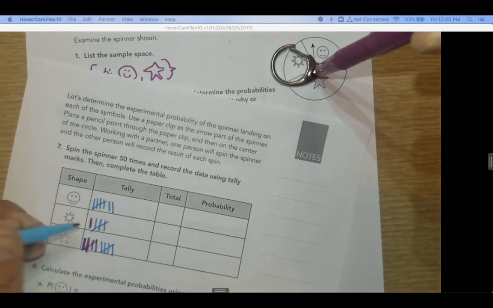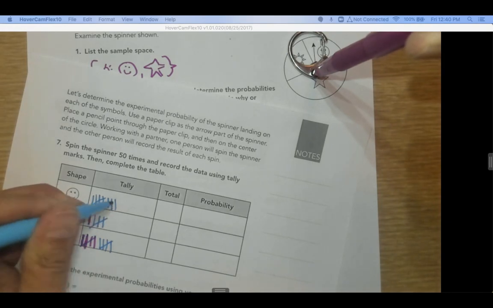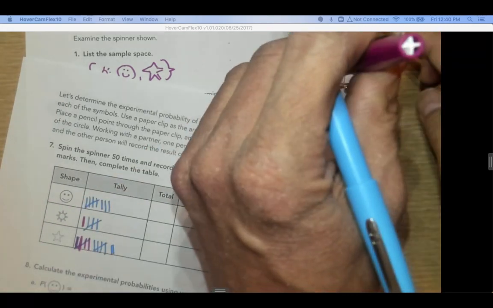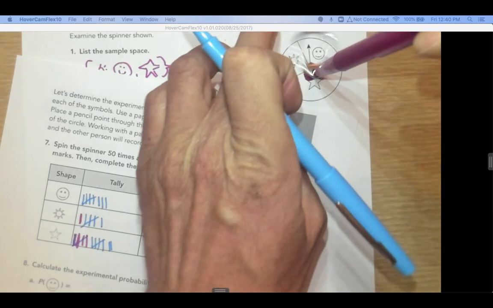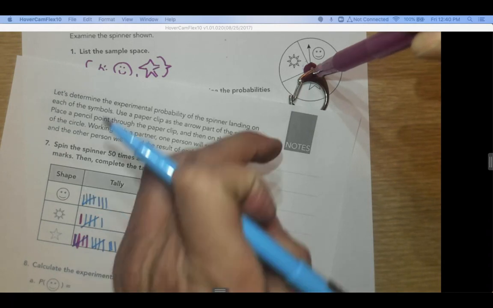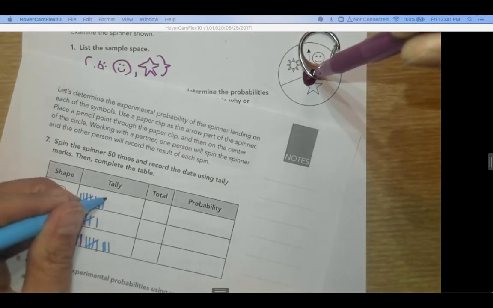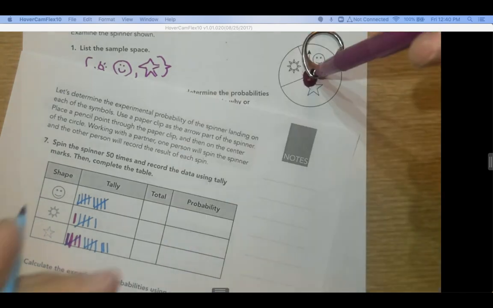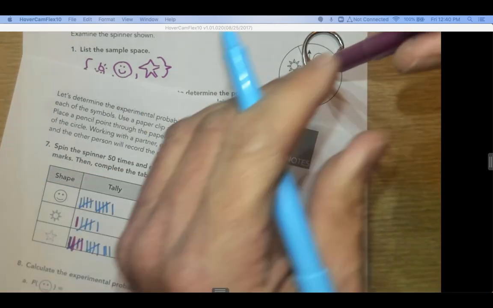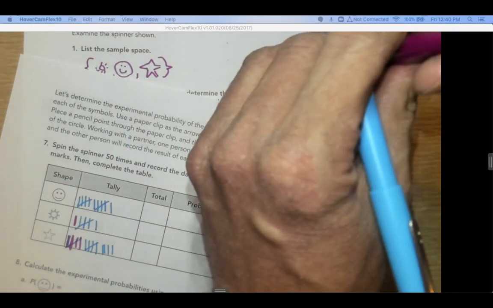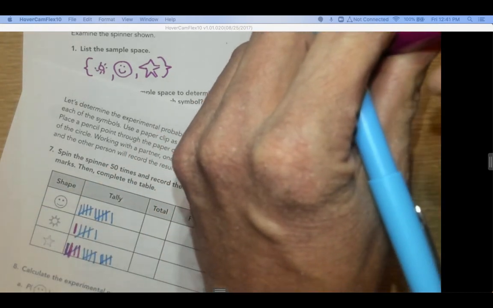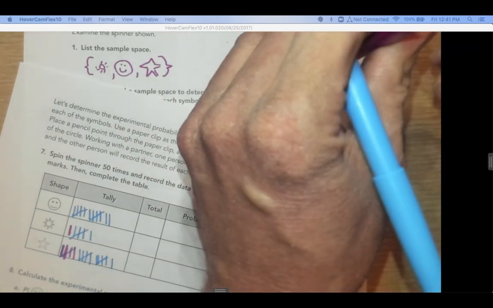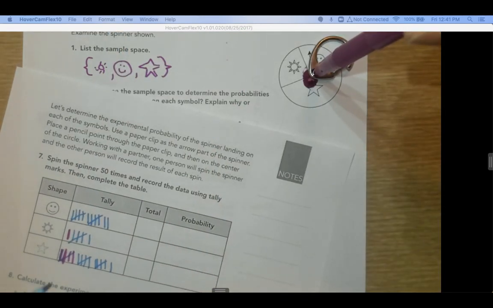Sun, 23, smiley face, 24, star, 25, star, 26, sun, 27, star, 28, smiley face, 29, smiley face, 30, smiley face, 31, star, 32, star, 33, smiley face, 34, star, 35, star, 36,